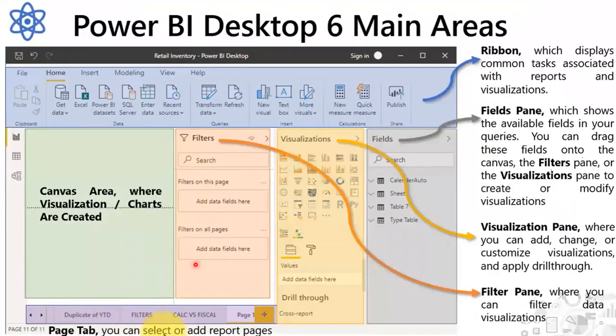I just want to give an overview of Power BI Desktop. There are 6 main areas. Once we open Power BI Desktop, which is free software, we can see the canvas and different things, right? I want to give you an explanation about each of them. These are the 6 main areas where we will concentrate. This complete top, with file, home and so on, we call the home ribbon, which displays the common tasks associated with the reports and the visuals. We can perform